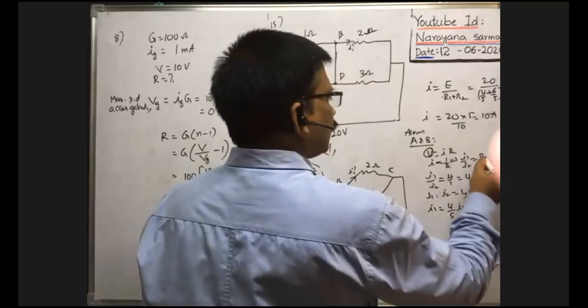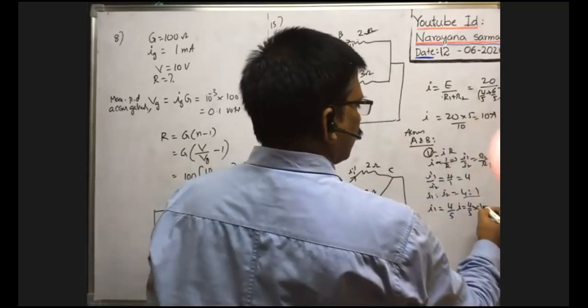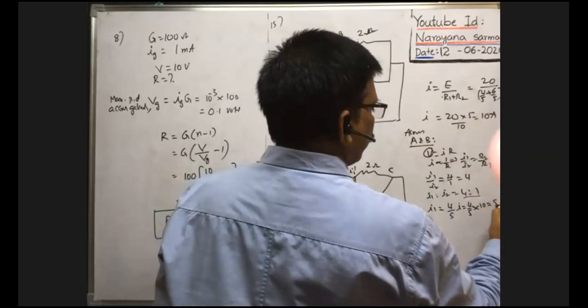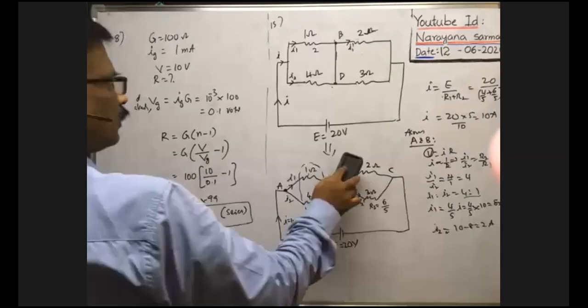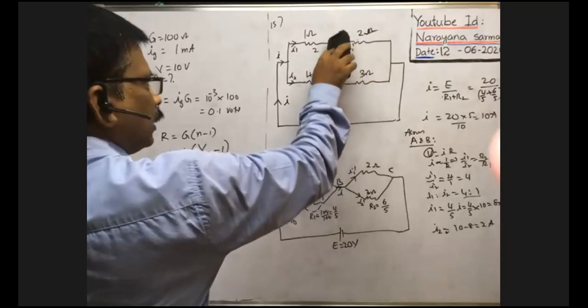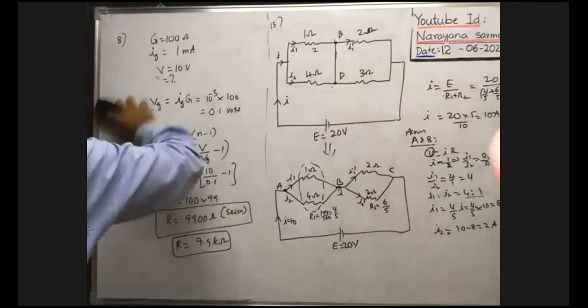Similarly, here these two currents I1, I2 combine together and become I again. And again here it is divided into two parts. So what is the I1 dash we have to find? If you know this I1 dash, then we can say what is the current passing through this connecting wire. That's why we have to find I1 dash.